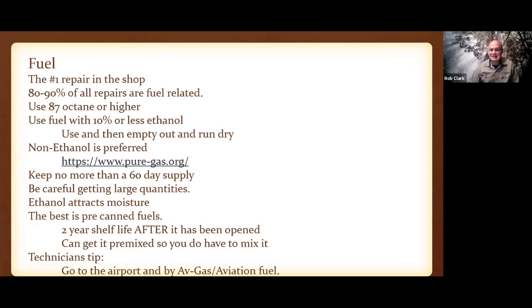Again, you want to keep no more than a 60-day supply of it, though. You do not have to dump it out of your machine right away, although it's not a bad idea to. But keep no more than a 60-day supply. The gasoline that we have nowadays is of extremely poor quality, and you don't want to leave it in there to deteriorate. What we used to keep around for 2, 3, 4, 5 years, you don't want to keep around for 30 or 60 days anymore. So if you're using a non-ethanol fuel, go ahead and use it. Don't need to worry too much about dumping it out, but use no more than a 60-day supply.